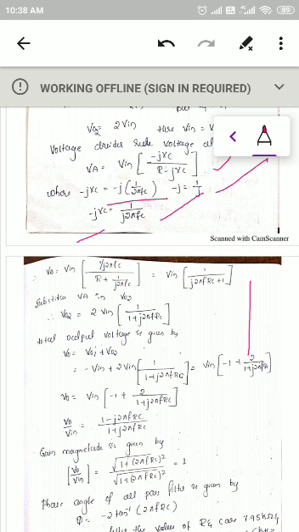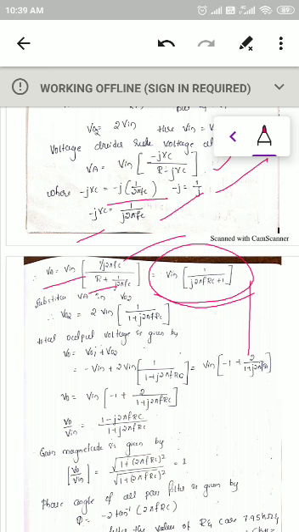You will get Va is equal to Vn as it is, minus jXc is 1 divided by j2 pi fc, R is as it is, and minus jXc is 1 divided by j2 pi fc, so it is once again plus 1 divided by j2 pi fc. So you just simplify the equation. Va is equal to Vn into bracket of 1 divided by j2 pi fRc plus 1. This is the simplification you will get.